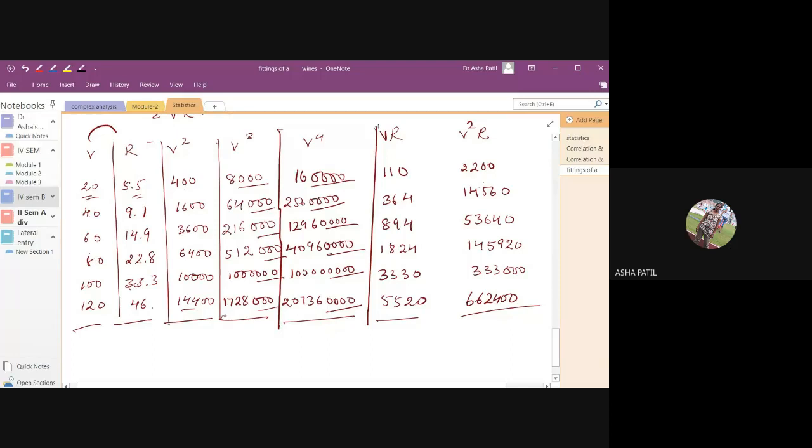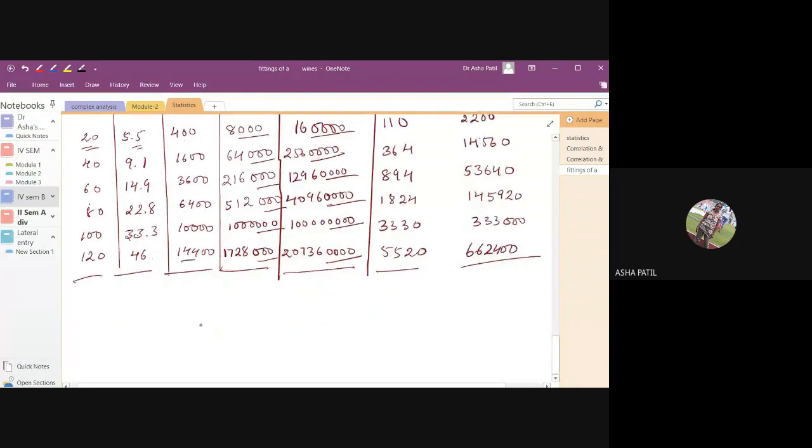Okay. I think time is out. Do this example at home, complete it. See that the answer you get is A is equal to 3.48, B is equal to minus 0.002, and C is equal to